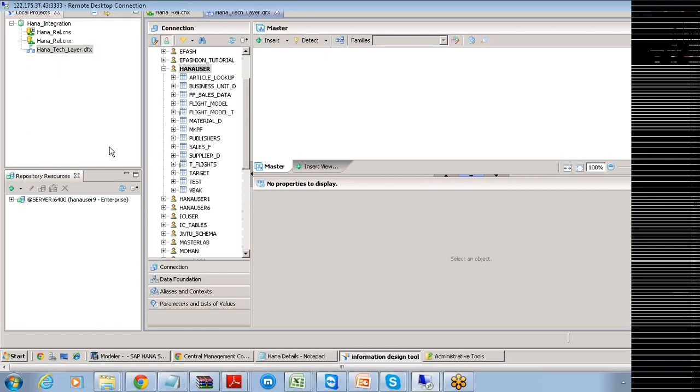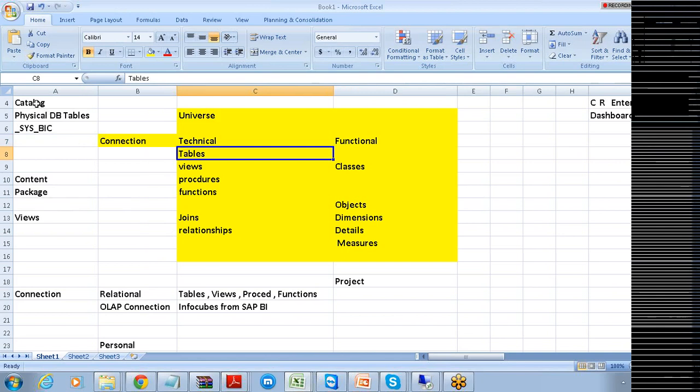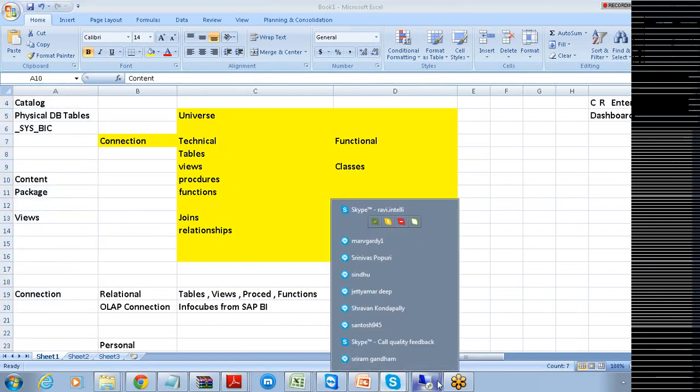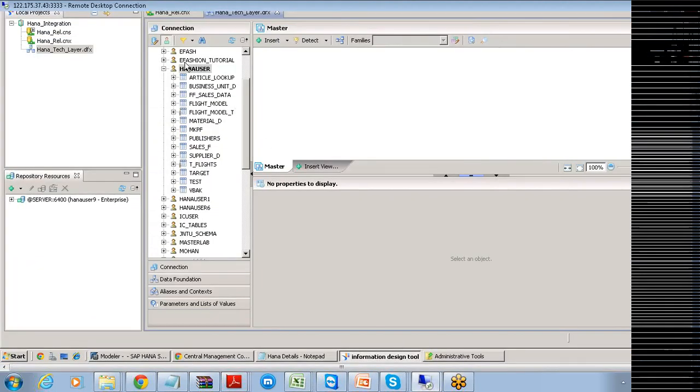Clear, right? The way we are following here, you can see the diagram and understand. We have your physical tables existing here. I want these physical tables to be visible in the universe in the technical layer, and the technical layer is what is called the data foundation layer that I'm going to create. You are seeing these tables visible in this place, and we need to start using them, start making the connections like this, start importing the tables and then start doing the other business activities in order to make it fully defined. That part will be seen in the next set of classes.